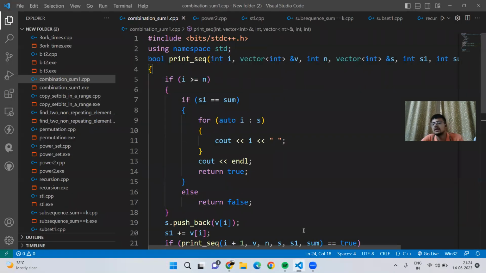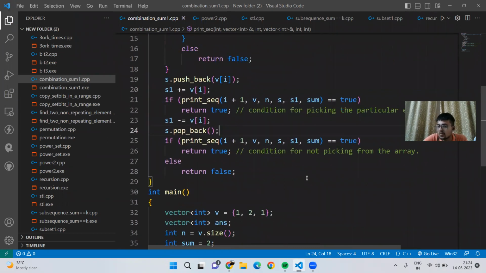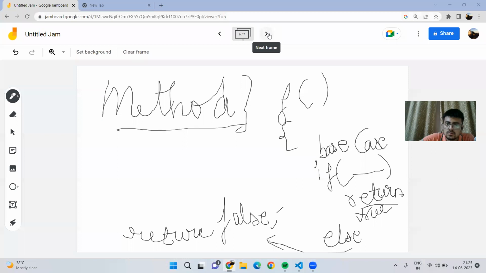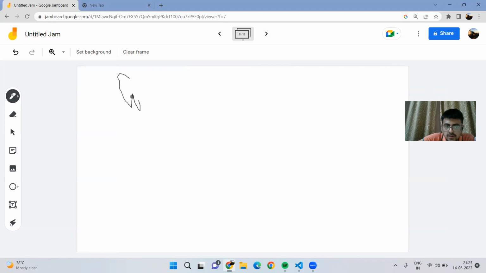So moving on, suppose initially we were having the subsequences which had the sum equivalent to k. So we got two subsequences for a sum equivalent to 2. This time we have to return the number of subsequences rather than printing them. So we will see that, and this is the last type of concept that we will be studying here. So moving on, the last thing is counting